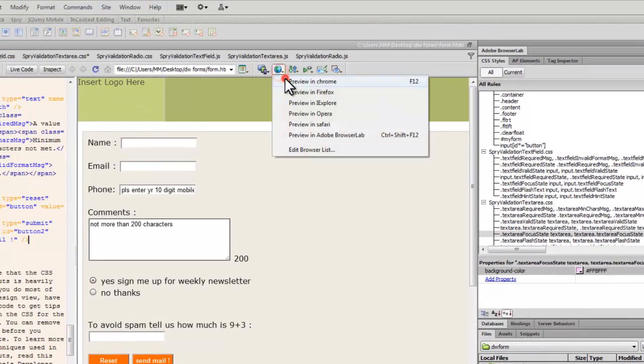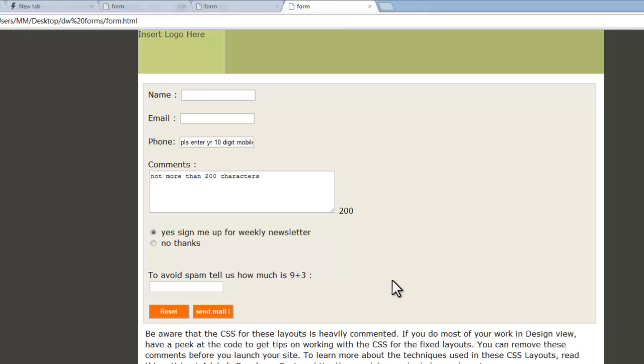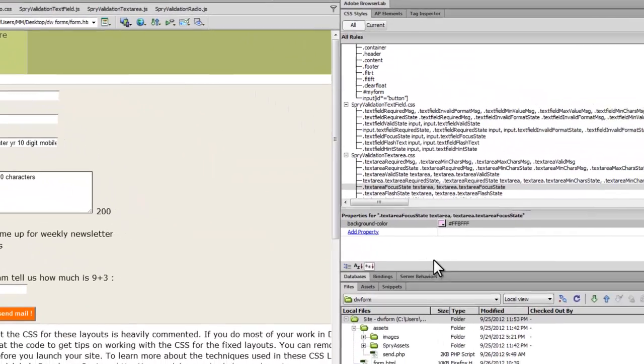Let's go back, preview it up in the browser. Now when I hit the comments area, or the text area, you see this is the focus color, and for the name field this is the focus color. The shade is slightly darker for the comments text area, but that's something that you can alter. The whole point that I'm trying to drive out here is that you should know how to make the changes,